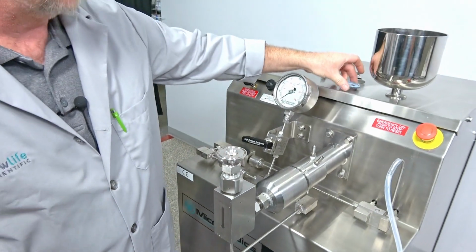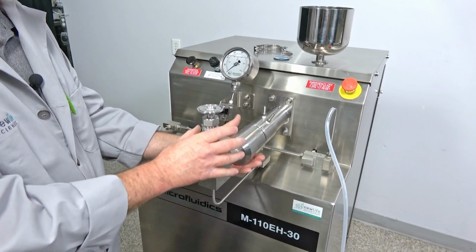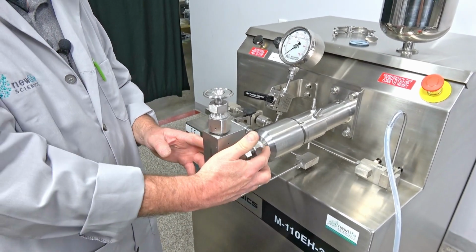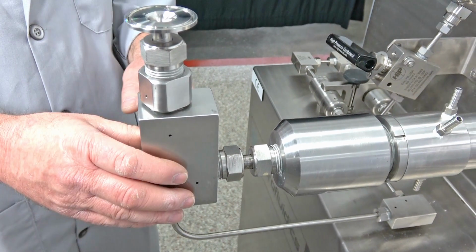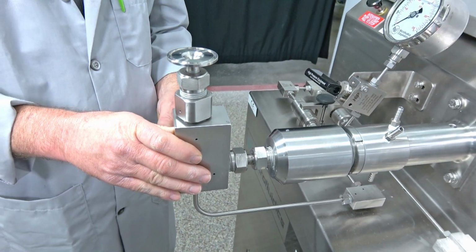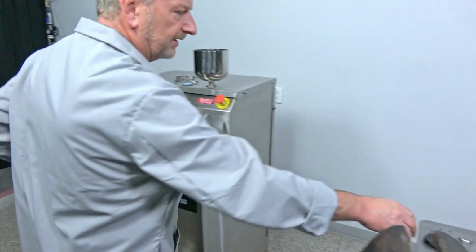I'm going to take the seal off and set it up here, but I'm going to leave this whole assembly all together here. And if I were going to rebuild the check valve, then we would be coming in to this section here where the check valve is at. So I'm not planning on doing that. The check valve usually lasts quite a bit of time, so this video is just specifically on